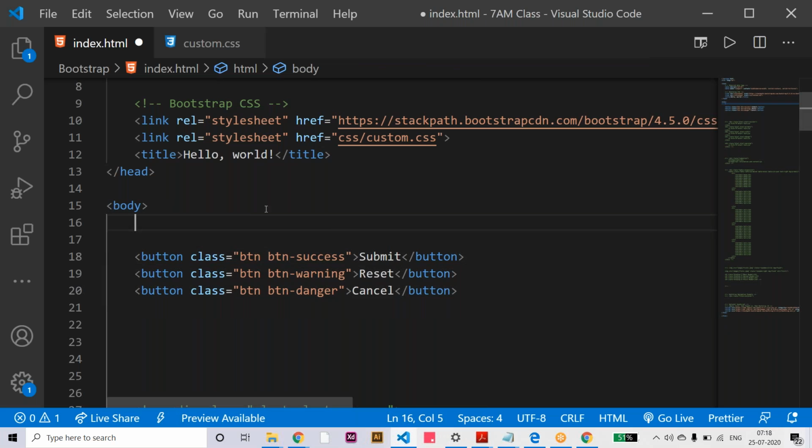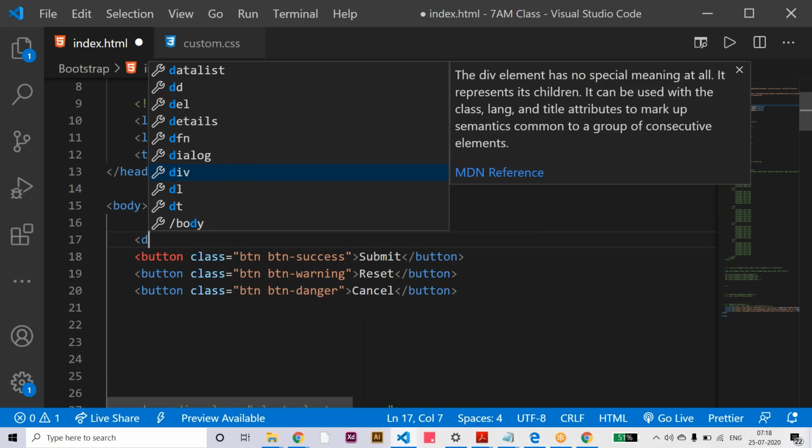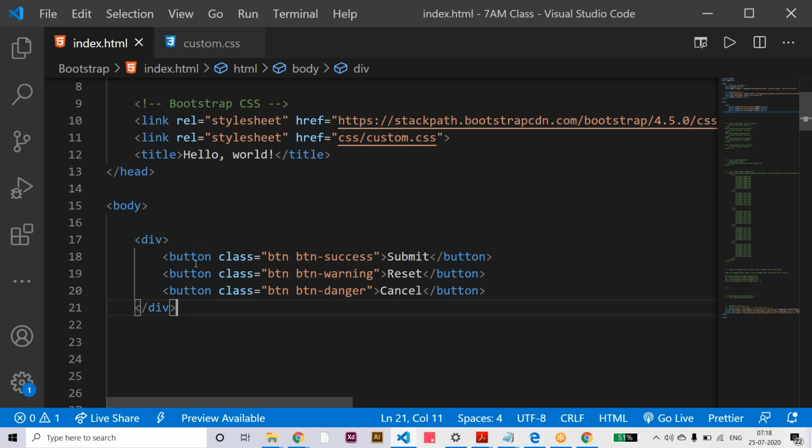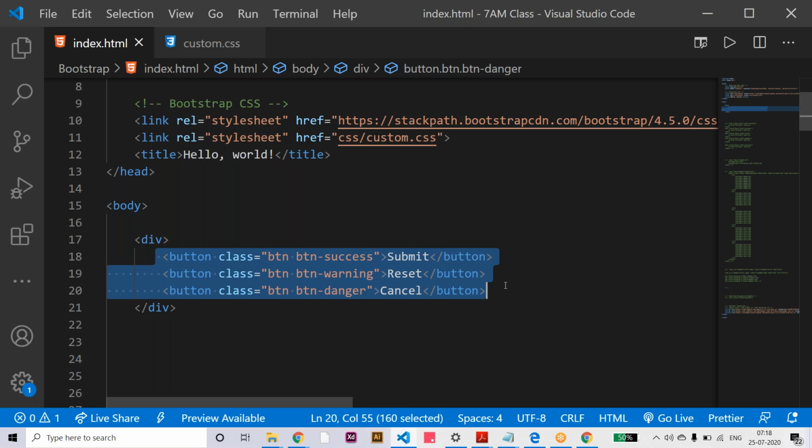First we need to take one parent element, let's say the div tag. That means all these 3 buttons go inside our div tag. So that is what you can call group elements or group buttons. Whatever class I apply in the div, the class will apply to all these 3 buttons.